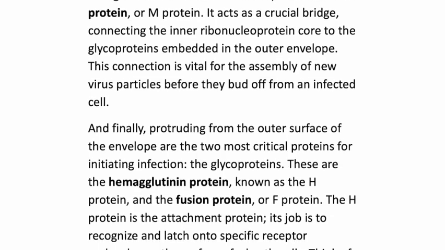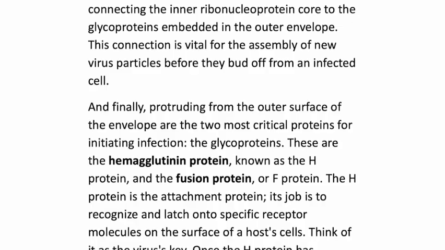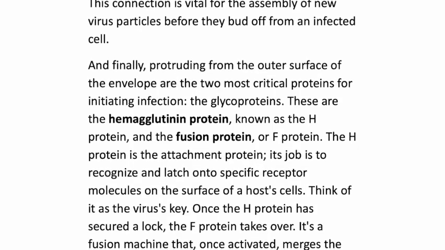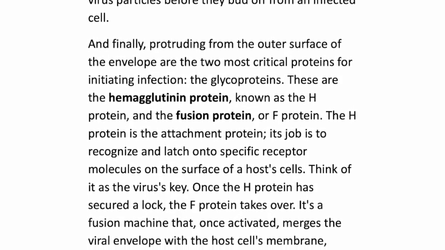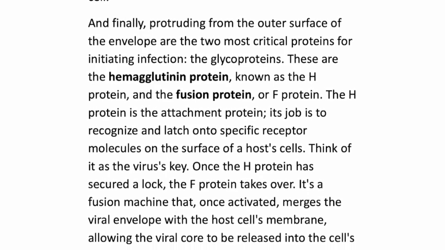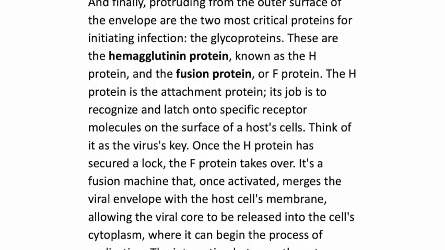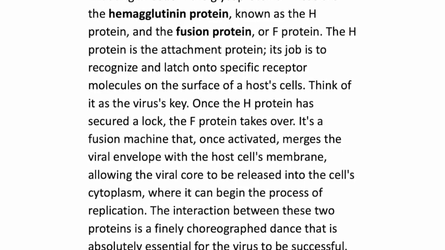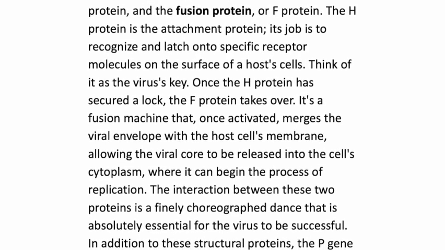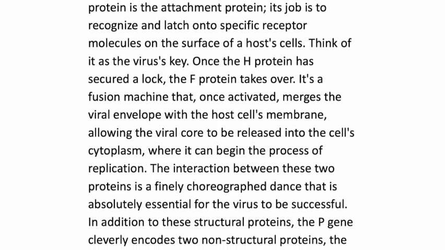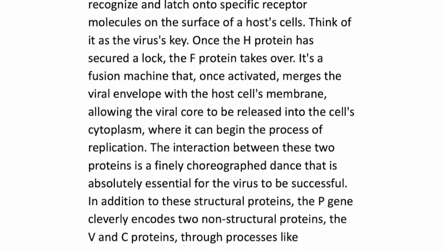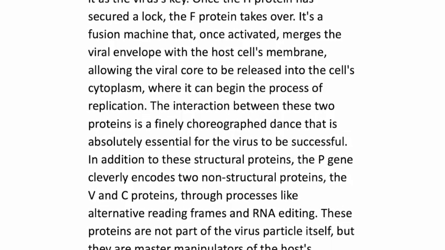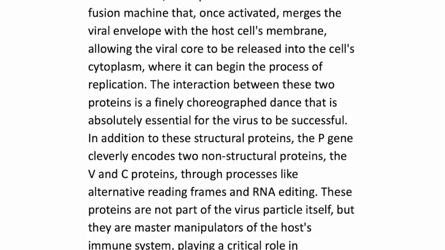And finally, protruding from the outer surface of the envelope are the 2 most critical proteins for initiating infection, the glycoproteins. These are the hemagglutinin protein, known as the H protein, and the fusion protein, or F protein. The H protein is the attachment protein. Its job is to recognize and latch onto specific receptor molecules on the surface of a host cell. Think of it as the virus's key. Once the H protein has secured a lock, the F protein takes over. It's a fusion machine that, once activated, merges the viral envelope with the host cell's membrane, allowing the viral core to be released into the cell's cytoplasm, where it can begin the process of replication. The interaction between these 2 proteins is a finely choreographed dance that is absolutely essential for the virus to be